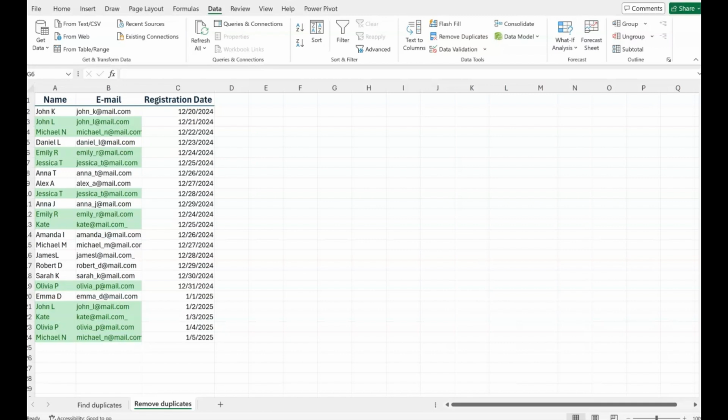The fourth way, and my favorite one to remove duplicates, is by using Power Query. Power Query is a powerful tool for data manipulation and can be used to remove duplicates in a case-sensitive manner. Plus, if your dataset is always updated, Power Query will help to maintain everything accurate without doing the same job all the time. Okay, let's select the cell or the range of cells and go to the Data tab and click